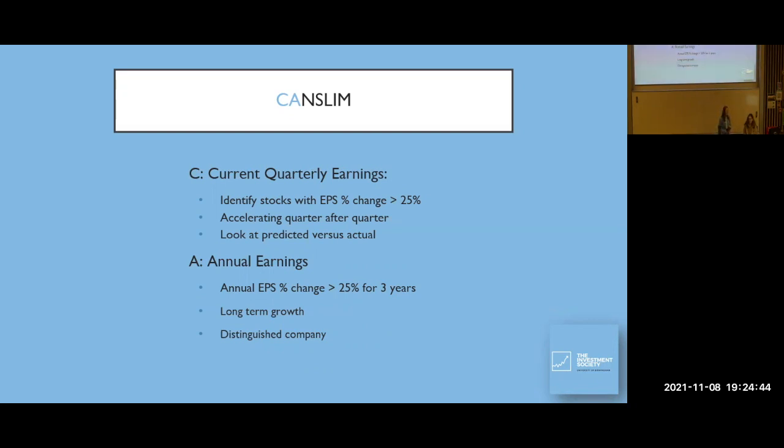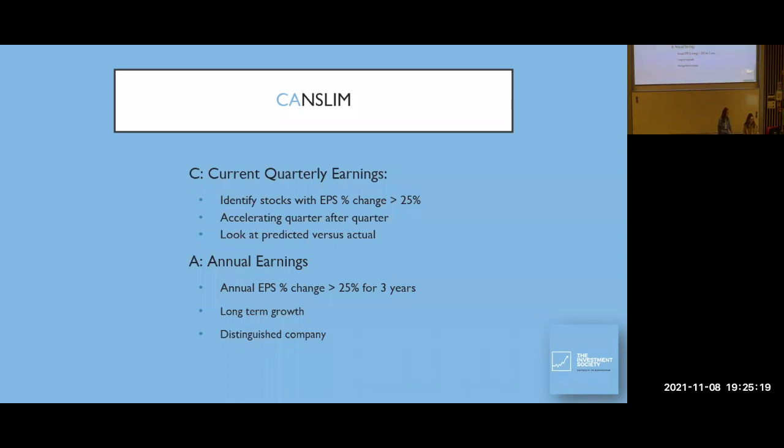So C, current quarterly earnings. What this means is you want to be identifying stocks with an earnings per share percentage change greater than 25%. We'll be going into more detail in a minute about what earnings per share is, and what this means when you're screening stocks. You also want a company that is accelerating quarter by quarter. You're looking at the predicted values from other analysts versus what the actual